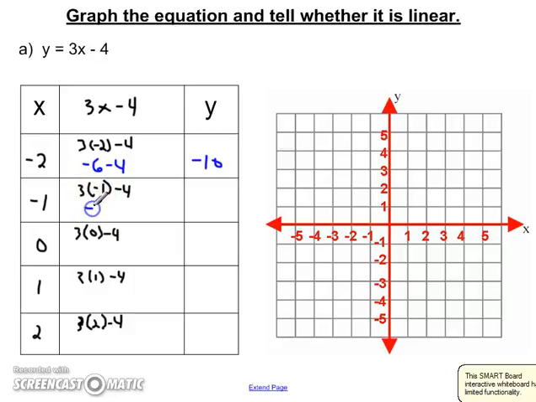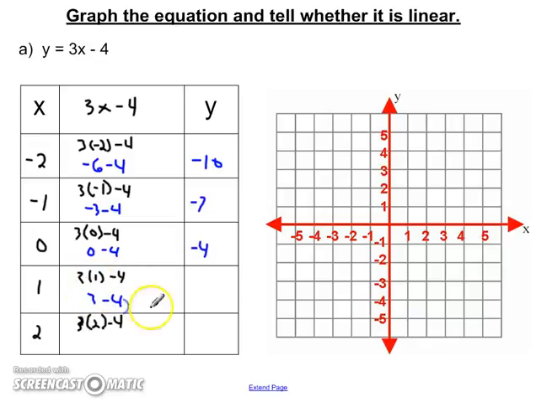3 times -1 is -3. -3 minus 4 is -7. 3 times 0 is 0. Minus 4 is -4. 3 times 1 is 3. Minus 4 is -1. 3 times 2 is 6. Minus 4 is 2. And so now I have these ordered pairs, -2, -10, which in this particular case,